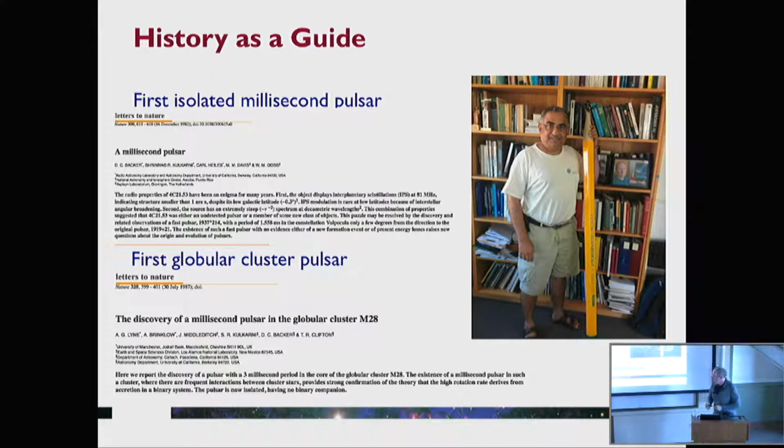And if history is any guide, what we can go back to is the discovery of the first millisecond pulsar, where prior to that point, the fastest pulsar was of order 33 milliseconds, and we made this quantum jump up to 1.5 milliseconds. The story that's usually told about the discovery of the millisecond pulsar is the young Shri Kulkarni at the telescope, can't read the manual properly, and samples faster than he needs to, and does the Fourier transform, and finds this